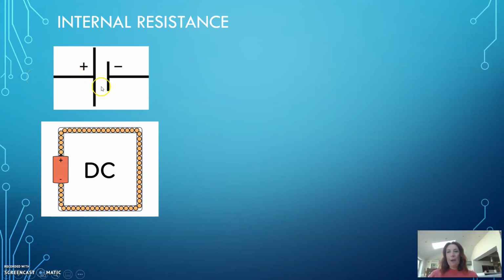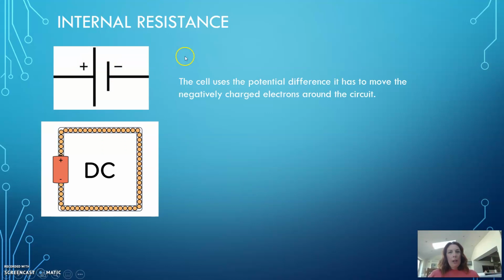So here I've got a picture of a cell. You can see a positive terminal and the negative terminal. Now, the cell will use the potential difference it has, so the fact that there is a positive potential here and a negative potential here, it uses that idea to move the negatively charged electrons around the circuit, i.e. produce current. So you can see here that the little electrons move around to the negative. Now we know this isn't strictly true because the electrons will actually be attracted towards the positive, so electron flow is the wrong way around, okay? Anyway,